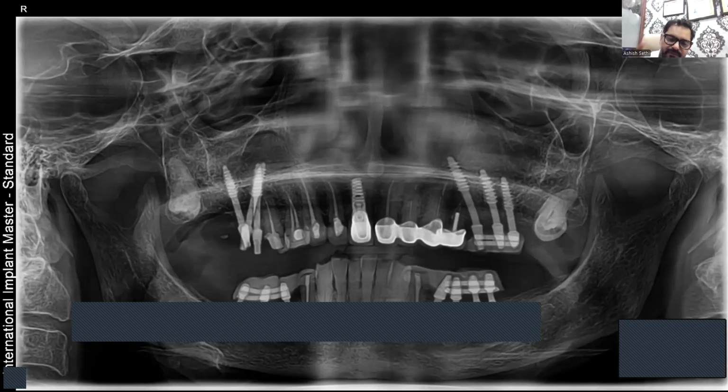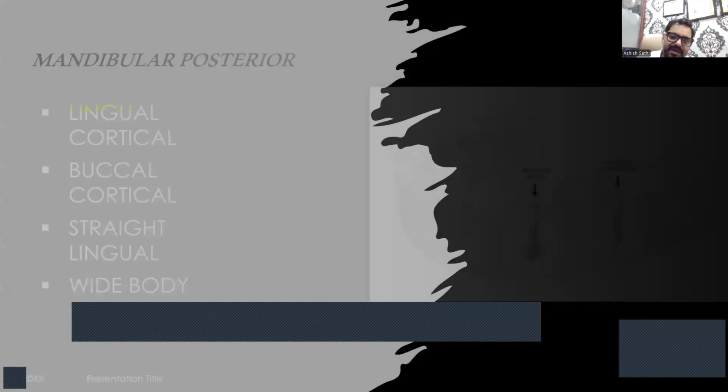क्योंकि क्या होता है जब आप मेंटल फोरामन के लिंगुअल में ये सोच के जाते हैं कि फोरामन तो बक्कल साइड में है और हम लिंगुअल जा रहे हैं, you are at a very high risk कि आप बक्कल साइड में आते हैं या लिंगुअल के अंदर किसी भी लिंगुअल आर्टरी को टच कर जाते हैं, then it could be a disaster for the patient as well as for you. So I will never prefer कि आप फोरामन रीजन के अंदर उसको बाईपास करने के चक्कर में लिंगुअल साइड में जाएं।